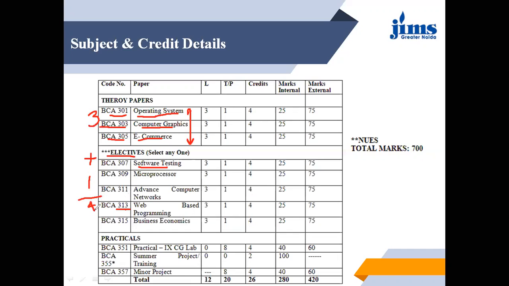After this, in practicals, there is only one basic practical concerned with the theory subject, that is practical based on computer graphics, that is lab of computer graphics. So this is the main subject where the lab is associated with the theory subject. And then a major project,